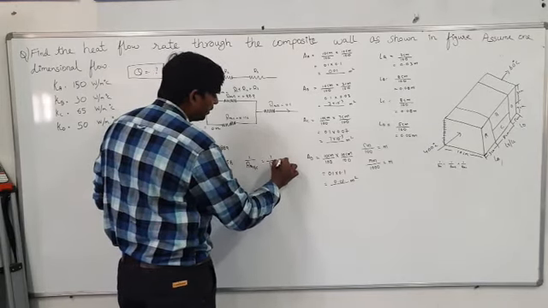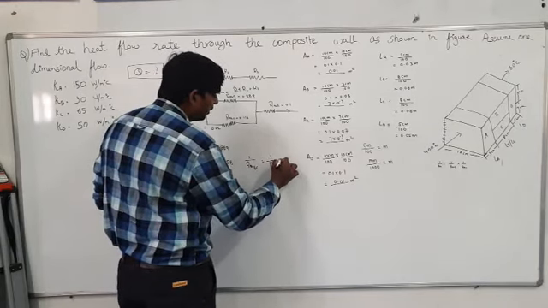This is the way to convert the formula. This is the way to convert parallel into series. This one is in parallel now. If you want to convert, you have to write the combination: 1 by RTHBC is equal to, first one 1 by RTHB, second one 1 by RTHC. So like this you have to convert parallel into series.